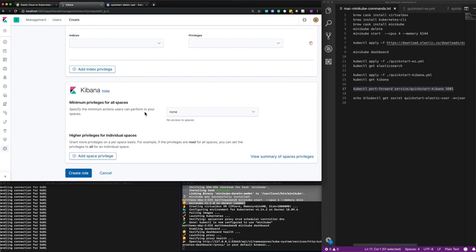So I hope you've enjoyed this overview from complete scratch to installing Minikube and running the Elastic Cloud on Kubernetes operator, to launching your own cluster and starting to play with the data. So I hope you enjoy playing with the